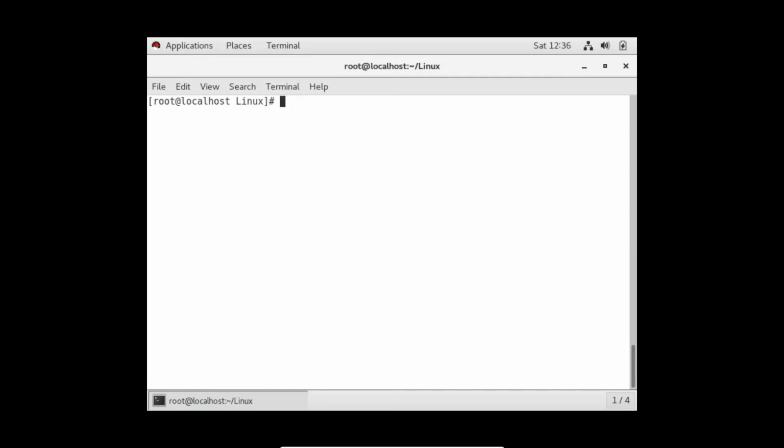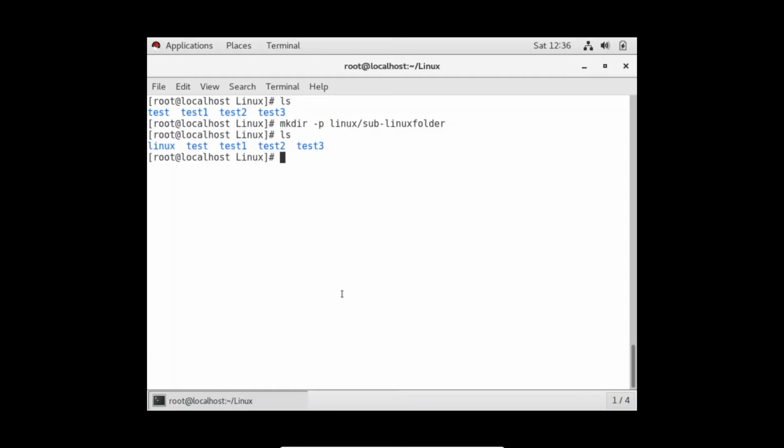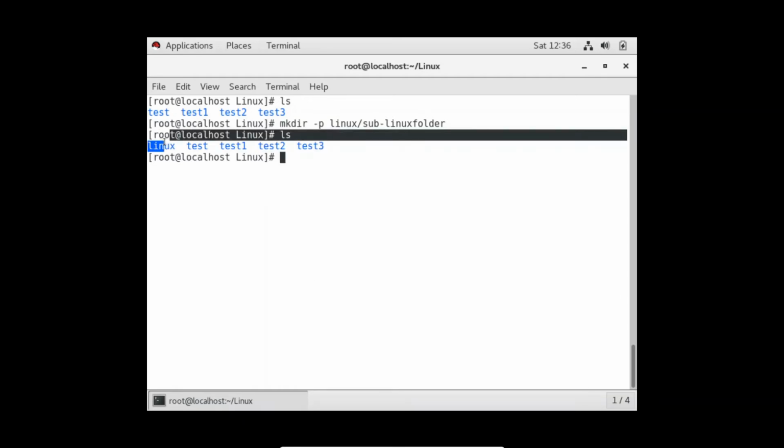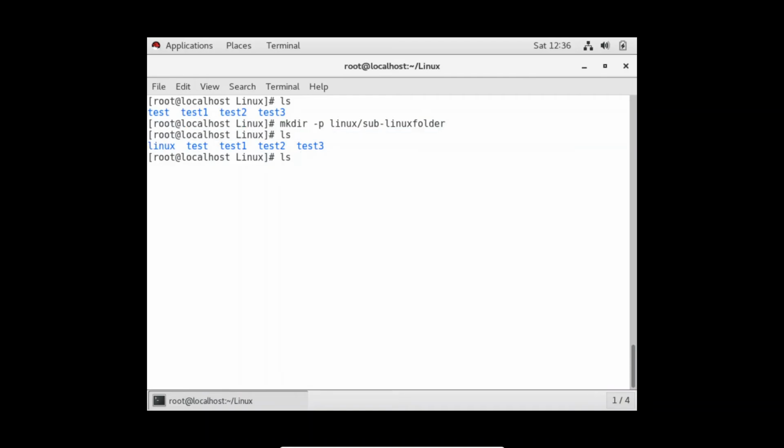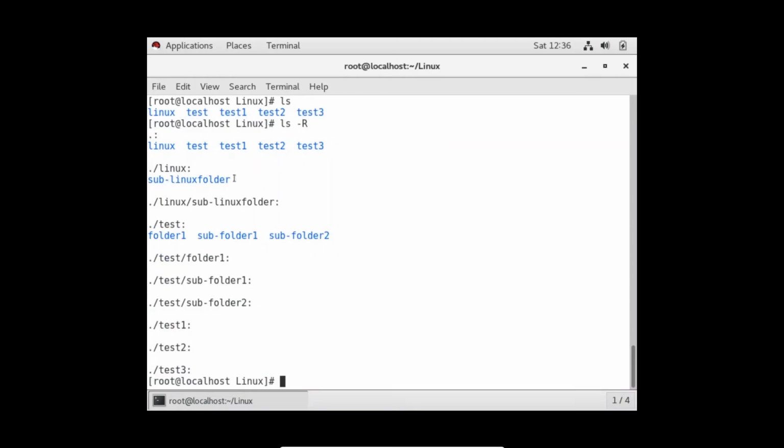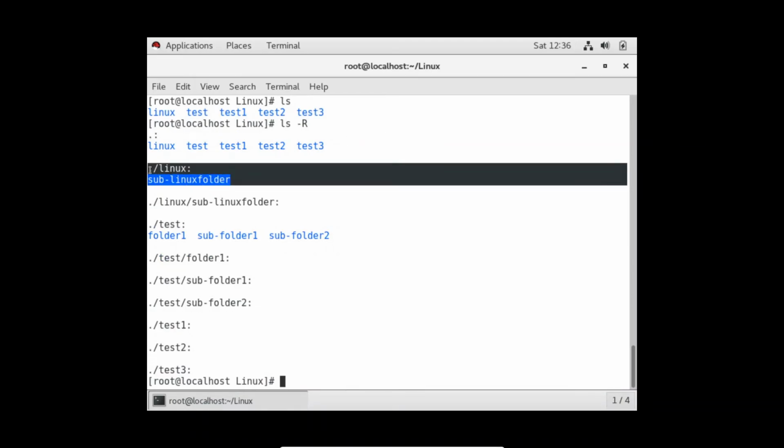if I do ls, there is no folder with the name Linux. As you can see, if I do mkdir -p, I am creating this Linux folder, and -p will check first whether this Linux folder is there or not. If it's not there, it will first create this Linux folder, and inside that folder it will create the sub Linux folder. So as soon as I enter and I do ls, see, before this the Linux folder was not there, but now it's created. Now if I do ls -R to check recursively what is inside the folder, see, inside the Linux folder, the sub Linux folder is also created. So that is a use of